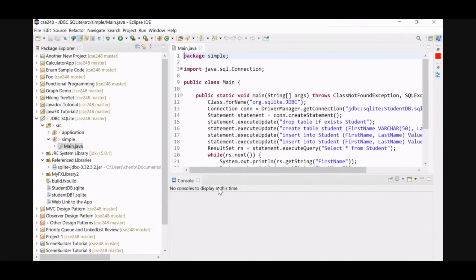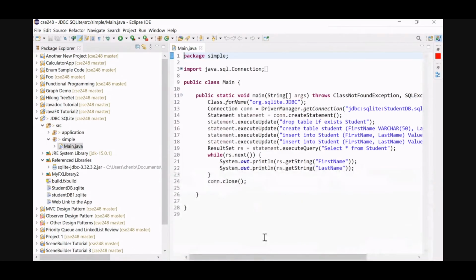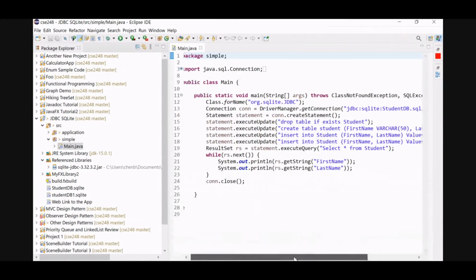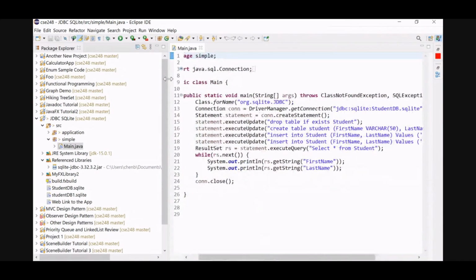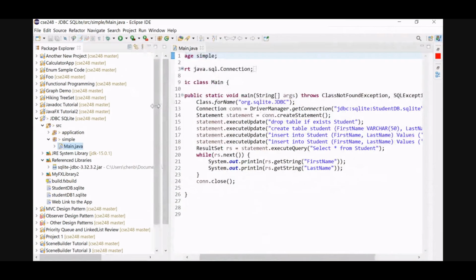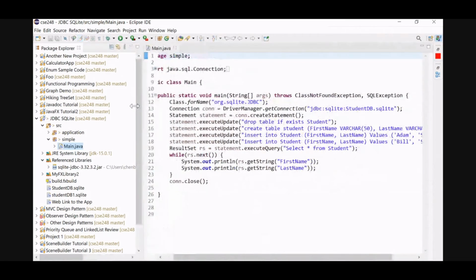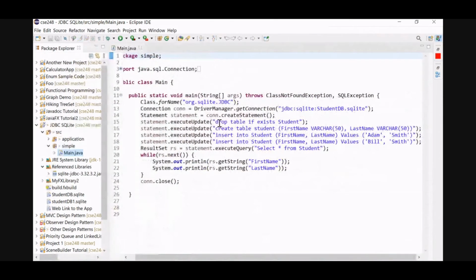Okay, here is a program. Let me minimize this. Now you see, this is the main class, right? Main class, and that's the main method. And there's no GUI, but I just want to use this as an example to show you how